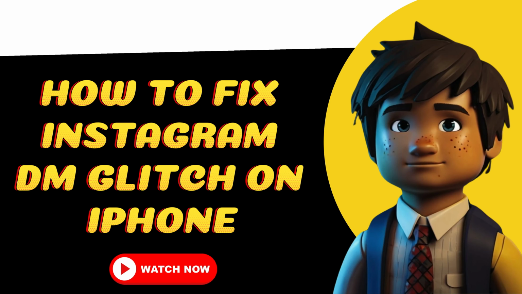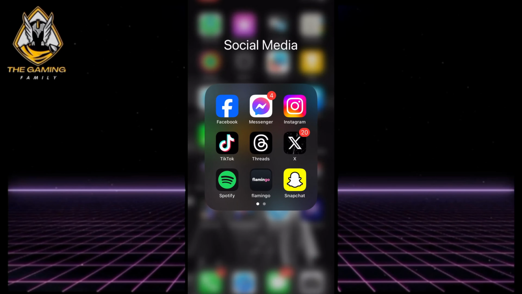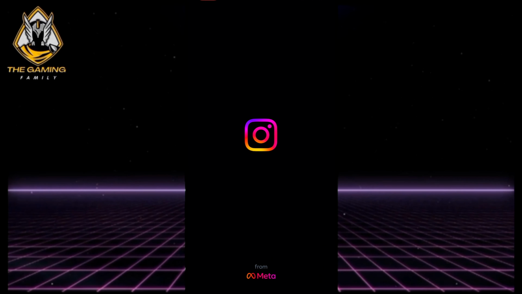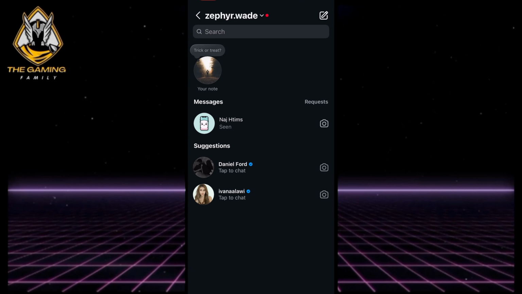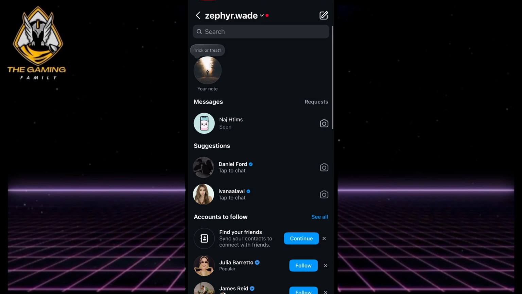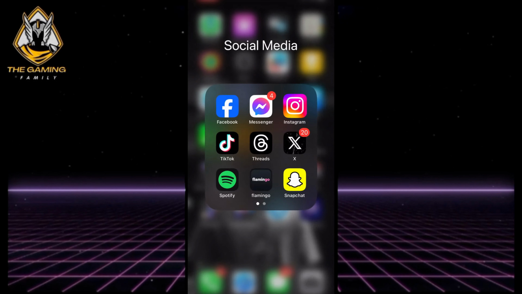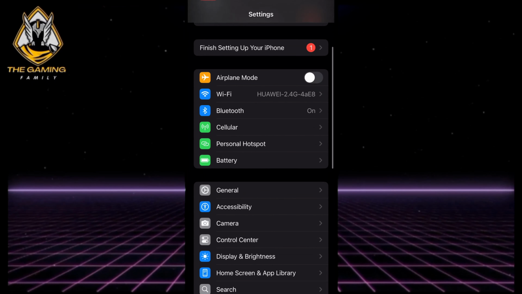Today, let's talk about how to fix Instagram DM glitch on iPhone. Let's begin by ensuring you have a stable internet connection, as a poor connection can often be the main cause of issues on Instagram. If your internet is fine, proceed to open the Settings app on your device, scroll down,